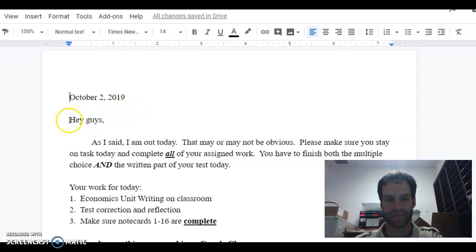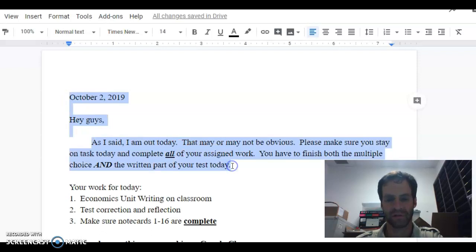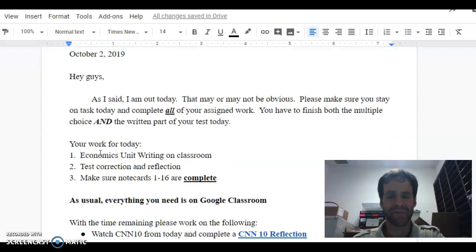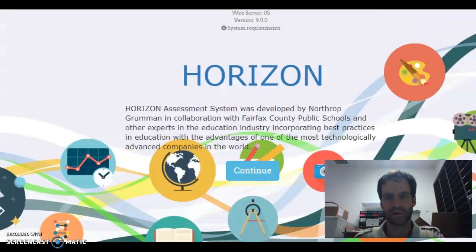Anyway, I have this very interesting introduction. Basically says get your work done. And then has 3 items for you to complete. And if you have been keeping up with work in this class, it's really only 2 things to do. If you will recall, on Monday, you should have finished the economics unit test, which was multiple choice, so that's part 1. And the second part is the writing. And that should take you longer. This should take you about 45 minutes to do the writing.